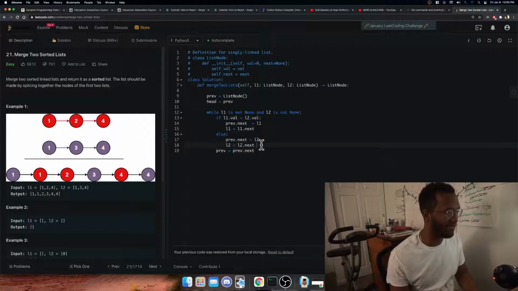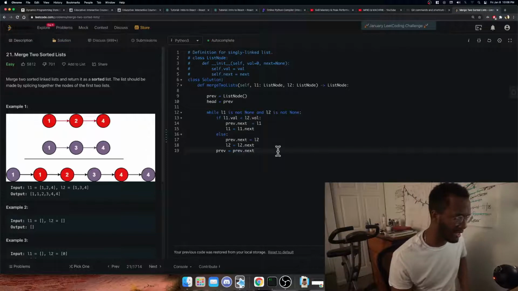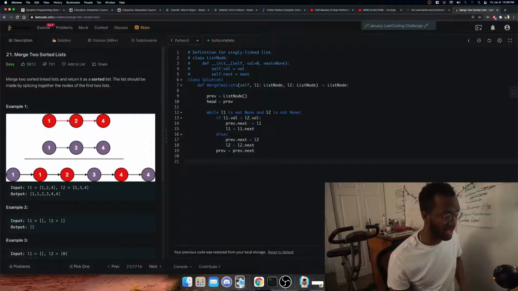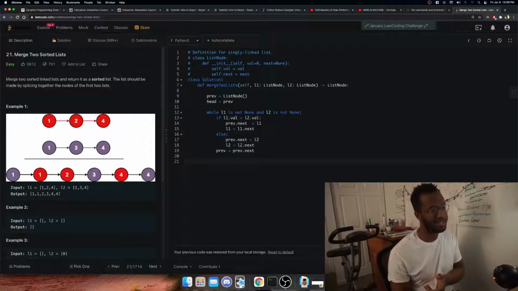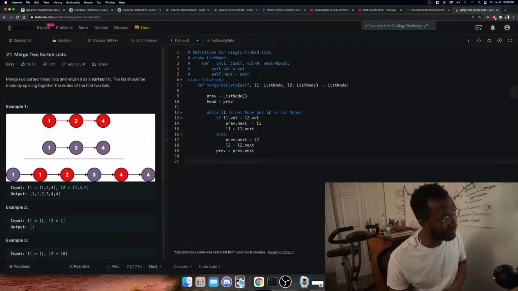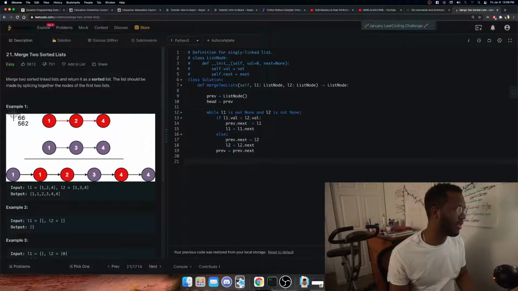And we need to have this step for both of them. Whichever one goes here, we still have to move it forward once. And so that's a pretty simple solution that you can run with, and you end up with the answer there. The only problem, though, if we blow this up again,